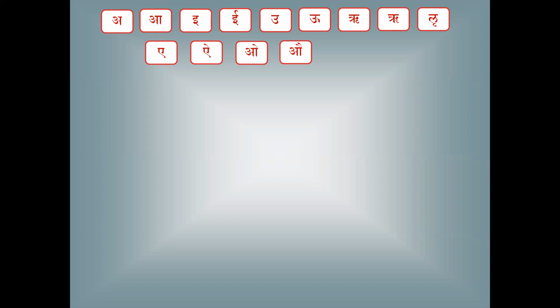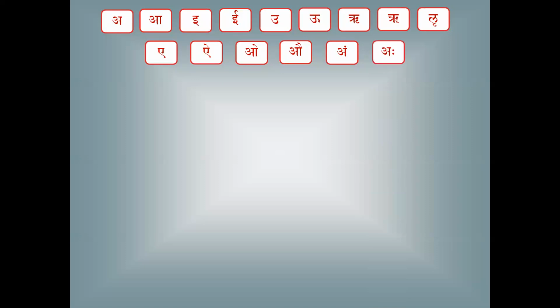You say O and AU with the lips. Please try without rounding your lips. Keep the lips flat and say O and AU. You won't be able to say. So it is lips. The next one is